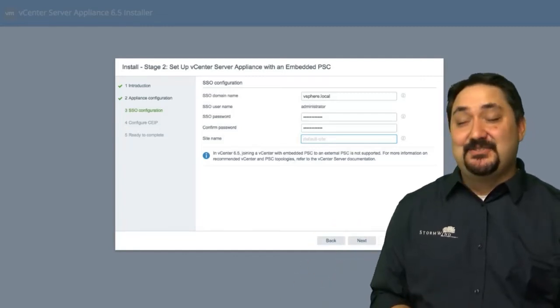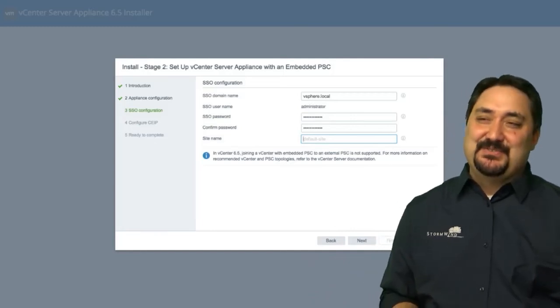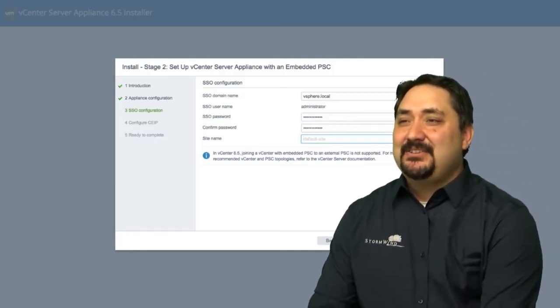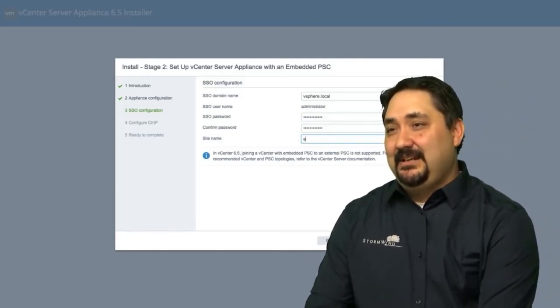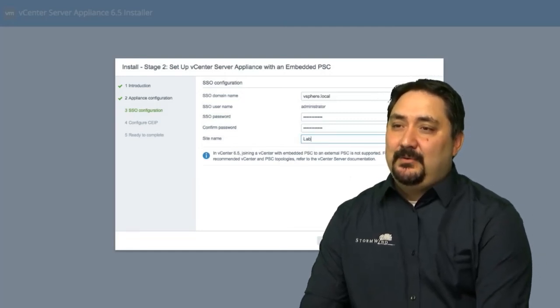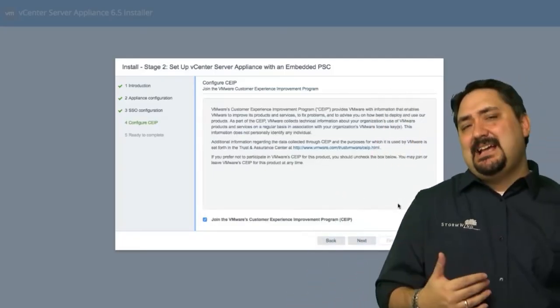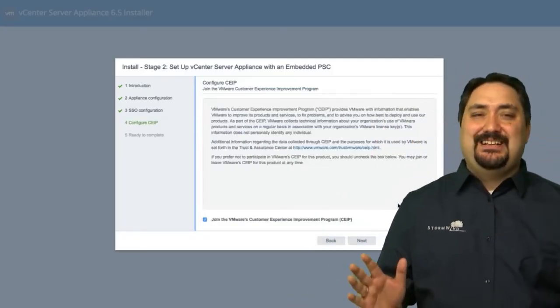I've seen several data centers that are extremely large, and those data centers have multiple vCenter servers inside of them. So you want to make sure that it's easily identifiable. In this case, we are a lab. I'm going to click next. It's saving our parameters, and then it's going to ask us if we want to join the customer experience